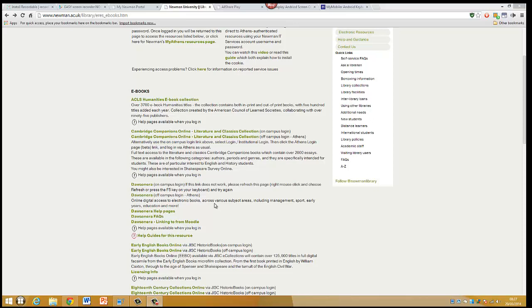So a couple of things to bear in mind. First of all, you will need to make sure you've got the Athens cookie installed, and I'll give you a quick reprise of how to do that. And secondly, there is a very good